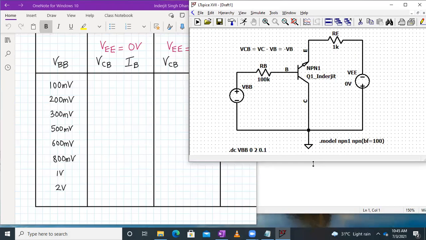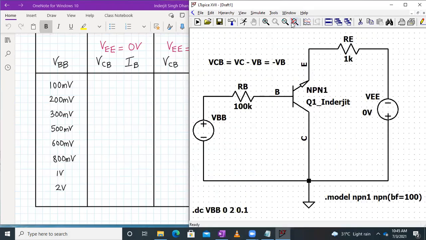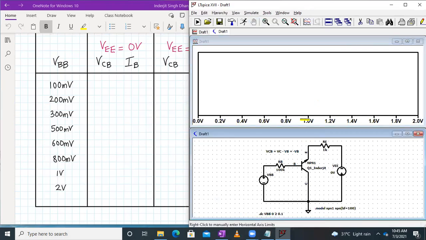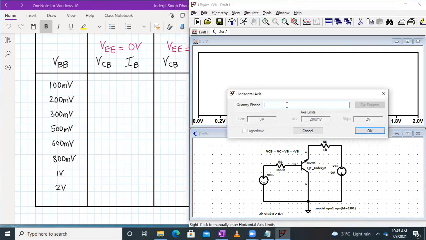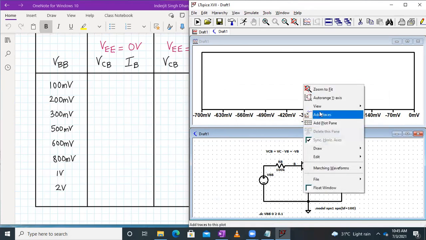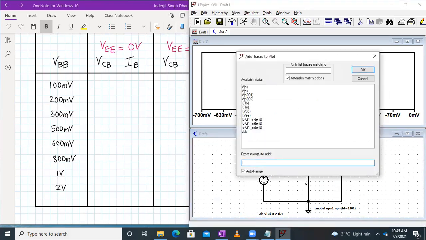Next, we'll try to simulate this. Click on simulate, run, change the axis to minus of VB so that the x-axis is VCB, and plot the base current IB.